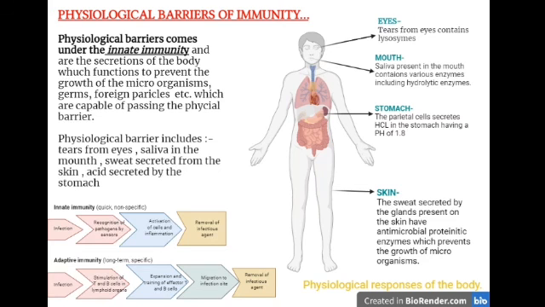Fourth, the sweat secreted by the glands, specifically called sweat glands, has antimicrobial proteins and enzymes which prevent the growth of microorganisms as well as the colonization or accumulation of pathogenic substances or foreign materials on the skin. So, these were the physiological responses of the body